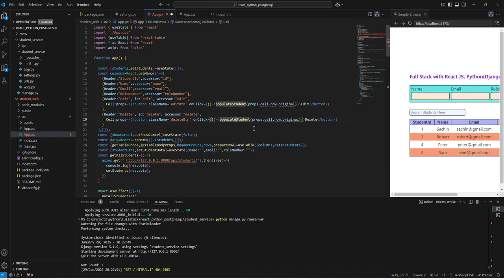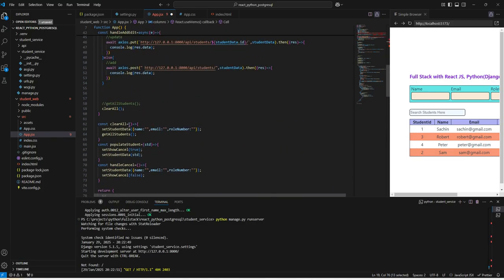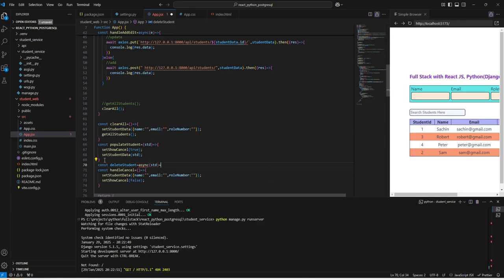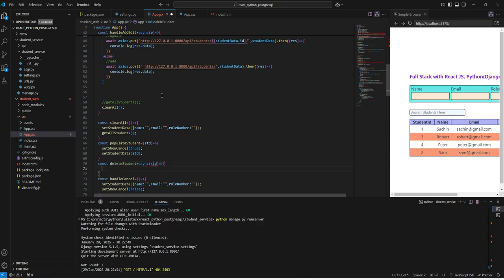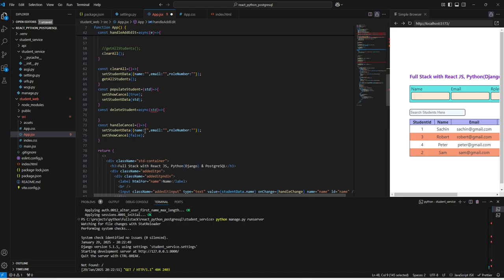Now instead of populate student, we can say it is the delete student, and we can define a constant similar to this one, and here we can say this is for delete, and here we are going to use async, and here we are capturing the student row, and here we can copy this part which is for the put method and add it here,